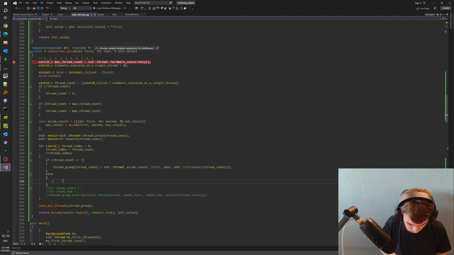We have, for example, 100 elements in a sequence starting from 0 and finishing with 99, which means that we will get 4 threads. We will get 4 threads, and how do we determine